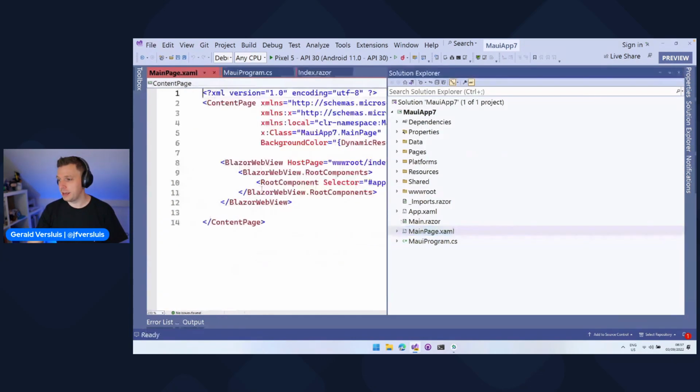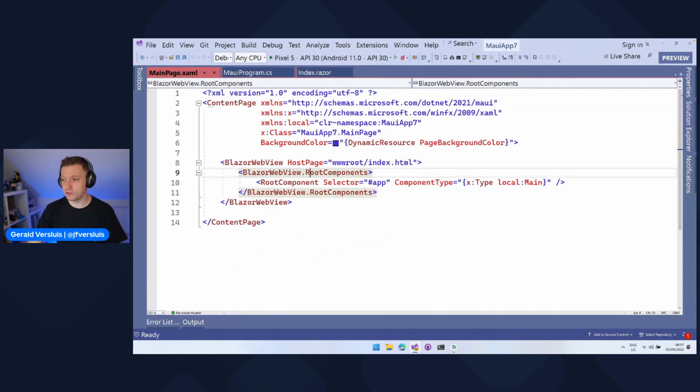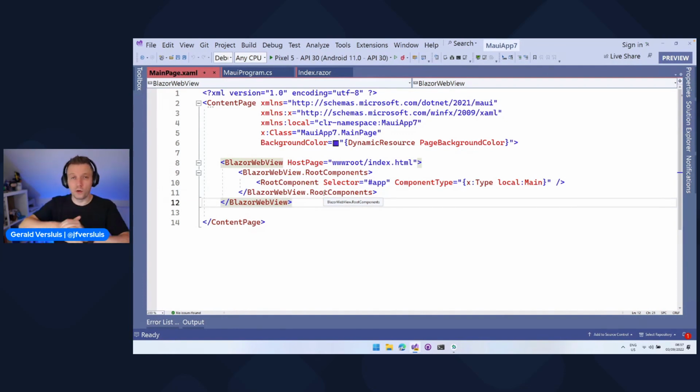Now here is that main page that just consists now of this Blazor web view, which is also kind of interesting, right? So you can take multiple approaches here. You can have your full view being a Blazor web view. That's what this is. And then build everything in Blazor. Or you can kind of mix and match. You can make that Blazor web view just one element or one page inside of your application. So if you want to do that, you could maybe